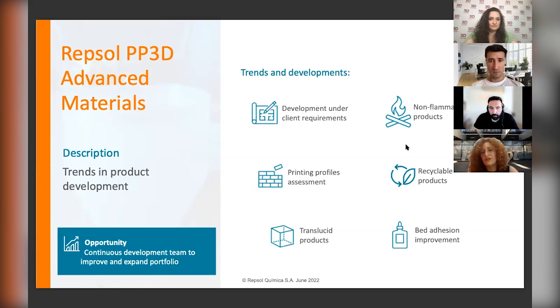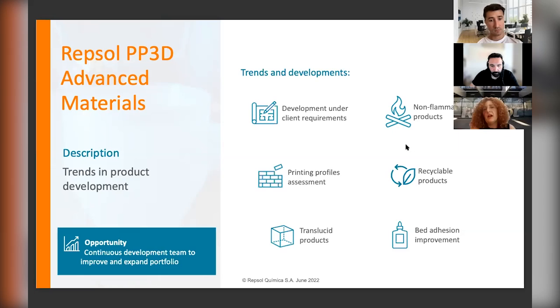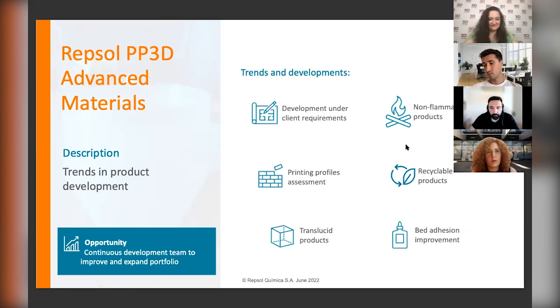Also, on the other side of the products, we see a nice trend in developing translucent and optically improved materials that are developed mostly for aesthetic purposes or decoration. And last but not least, I will remark on recyclable products. Recyclability in 3D printing is a huge trend, and you can obtain recyclable products in two different ways. One is